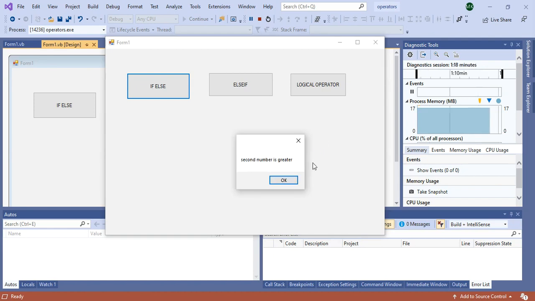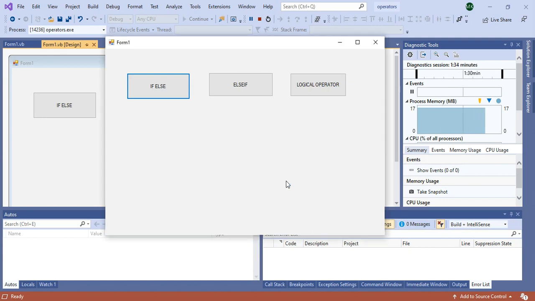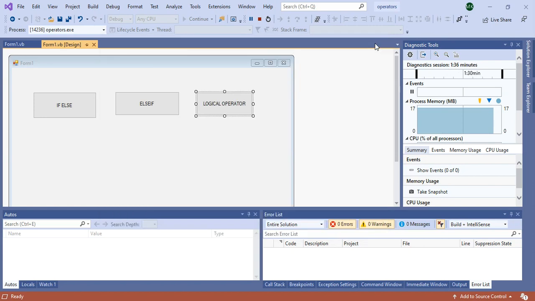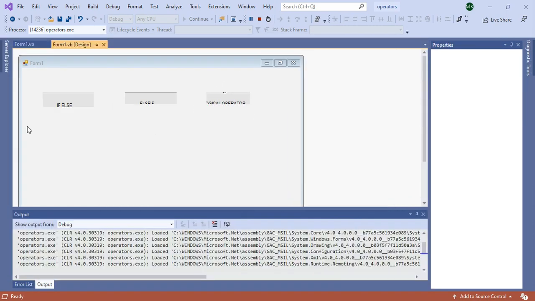Means we are finding the greater number among two numbers. So the second number was greater, so the message is second number is greater. For finding this output, we are using the if else statement. Now we will see code for this if else, and then we will see else if and logical operator.